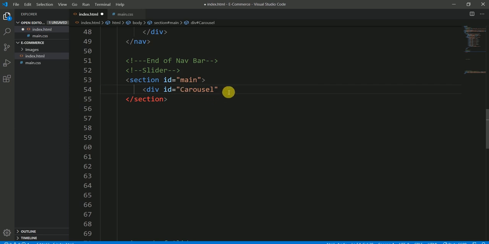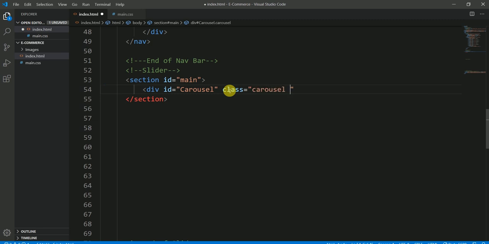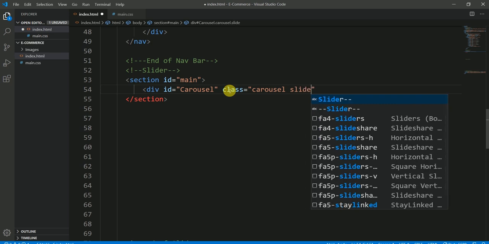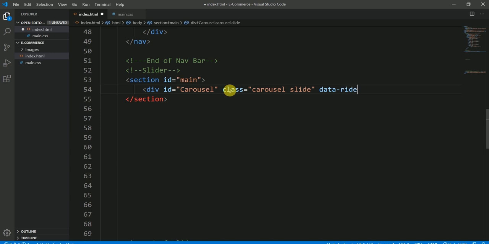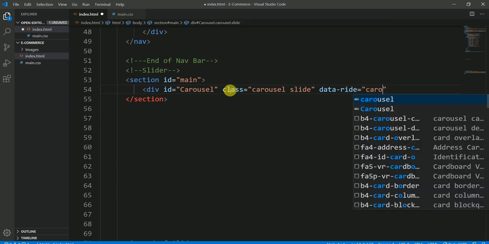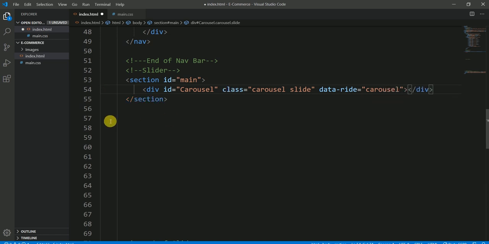Okay, carousel, and then class of carousel slide, and then data ride, again carousel. Let me check my carousel spelling. Okay,